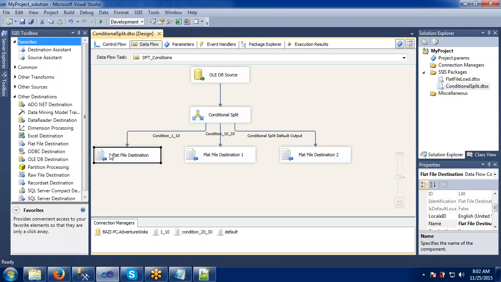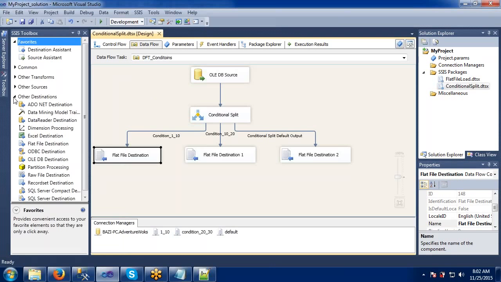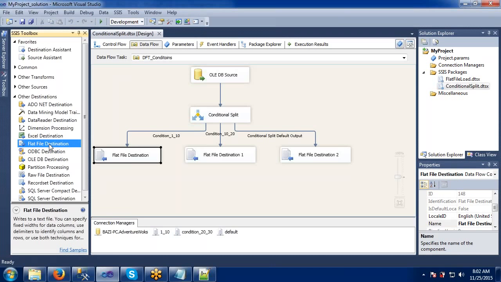My other doubt is, the output was in Notepad, I mean the text format, right? Is this because of the flat file selection? Yes, see here we have different destinations. I have taken the flat file destination, right? So what if our destination is again SQL? Then how would the output be for that? Okay, let's take one more example.